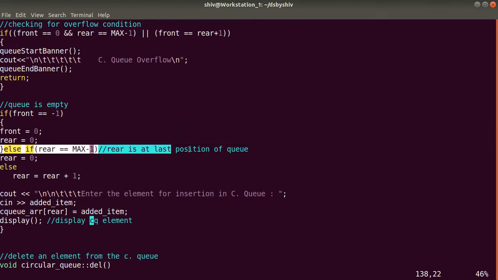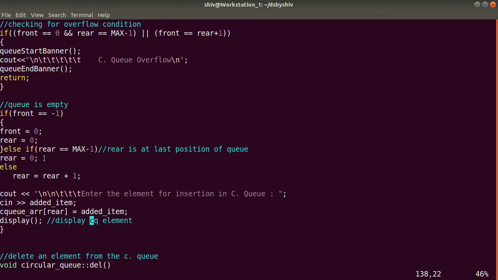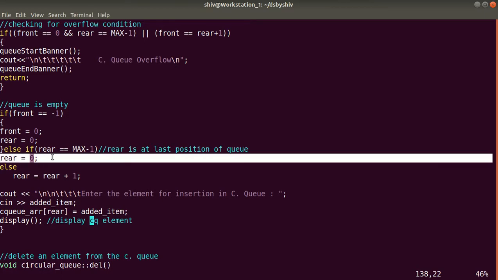Else if rear is max -1, meaning rear is at the last position of the circular queue, then it will go again to the 0th position. So we initialize rear equal to 0, because in a circular queue, when we go past the last index, meaning 0 to 4, after 4, 0 will come again.